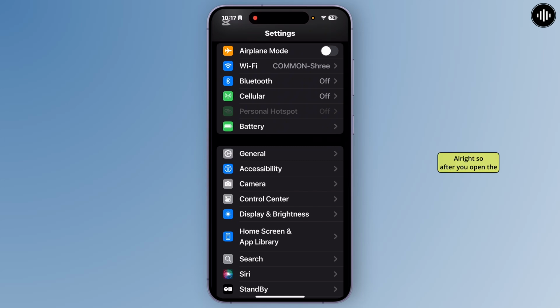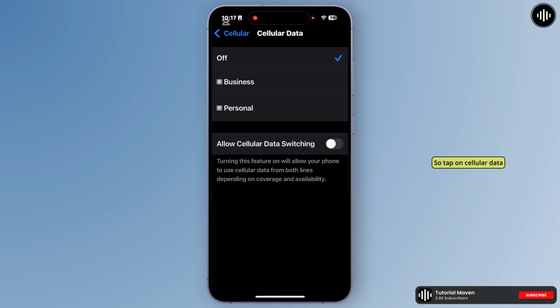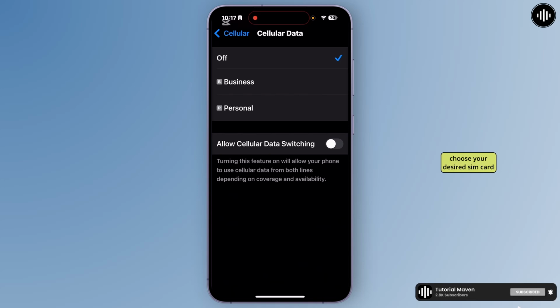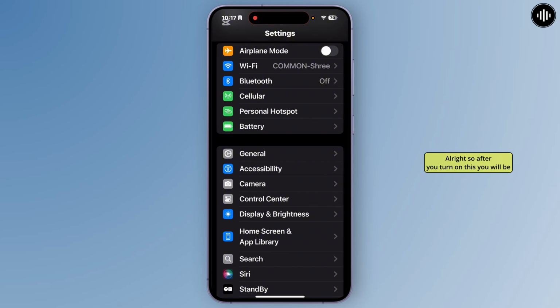Alright, so after you open the Settings, you'll get such an interface. From here, you'll have to go to the option Cellular. Simply from here you'll have to turn on the cellular data, so tap on Cellular Data. Then choose your desired SIM card. After you turn this on, you'll be able to find the option Personal Hotspot, so simply you have